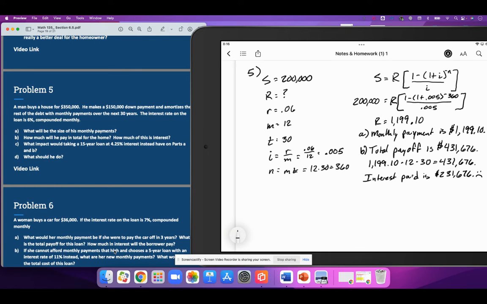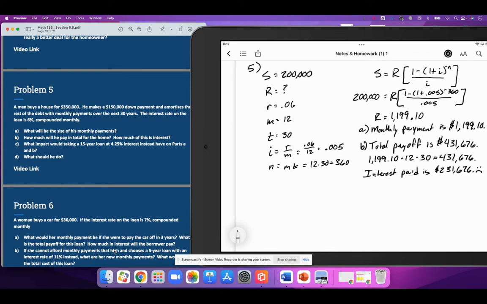Holy moly! The dude is literally paying for his house more than twice with this loan option. I feel for the guy. He's paying for it twice and some more, actually. Doesn't seem like such a great deal anymore, does it? So let's continue some more options for this person with part